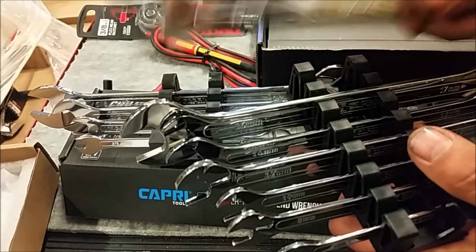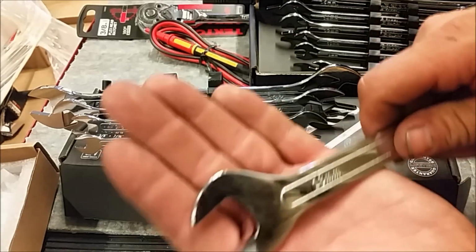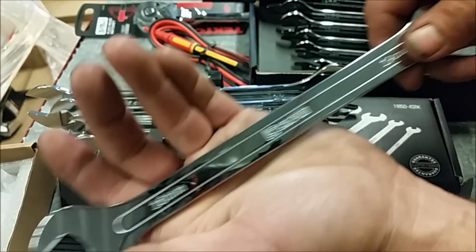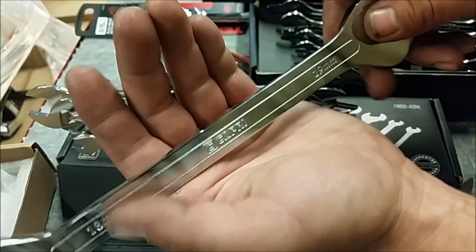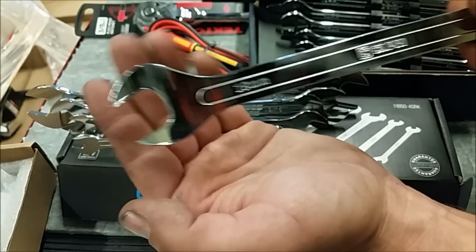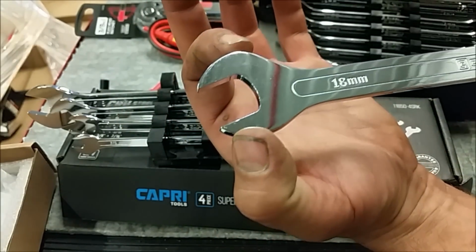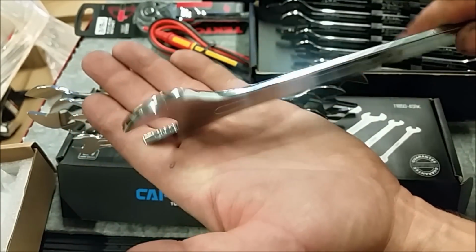I've used the 18 already to loosen up one of the tank lines, the ones that we kind of mess with most. And these are nice. These are very well forged and very well finished as well. Thing about them being thin is they're made to get in and loosen stuff up. They do have a wider head, or a more oblong head, especially on the 19, as you can see, but